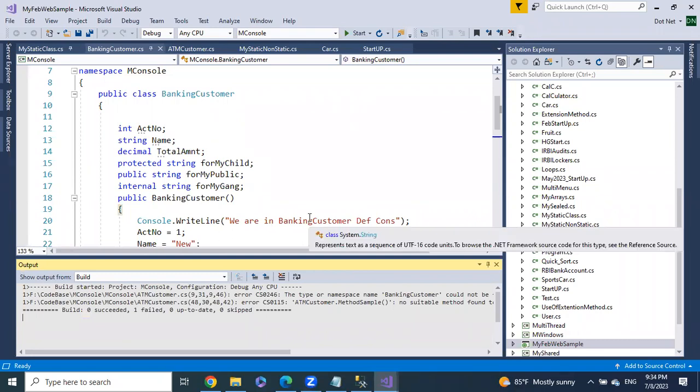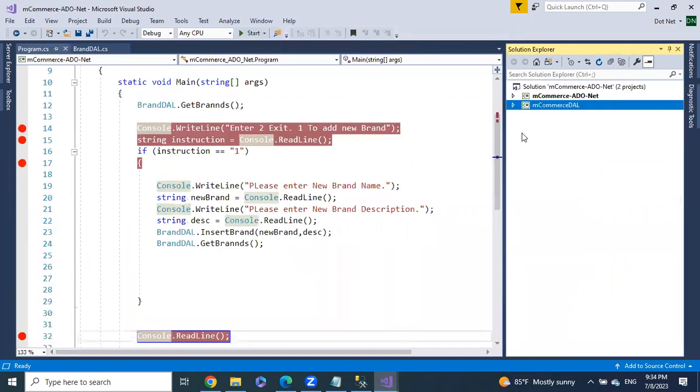So in the previous session, we discussed how to implement a separate DAL project. It's a class library project. So the characteristics of a class library project, you can hear me, right? Yes. Okay. So the characteristics of a class library project,